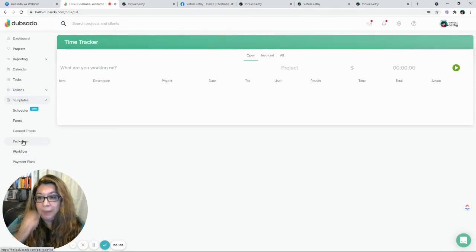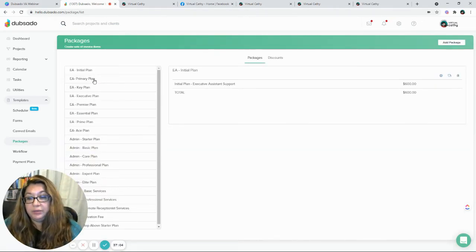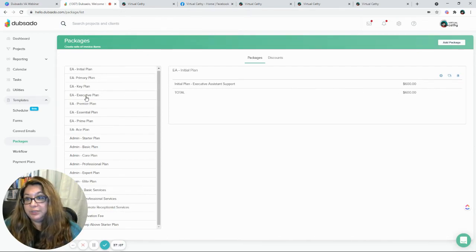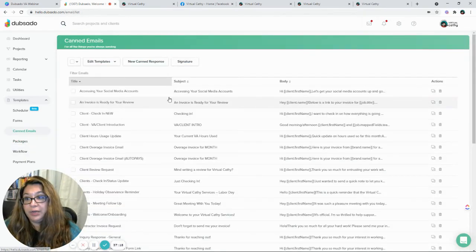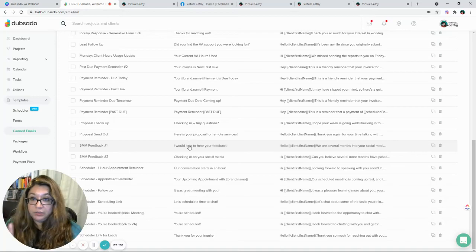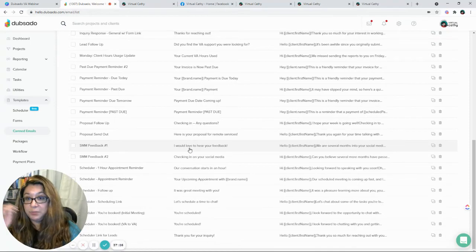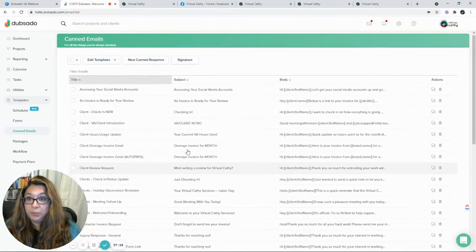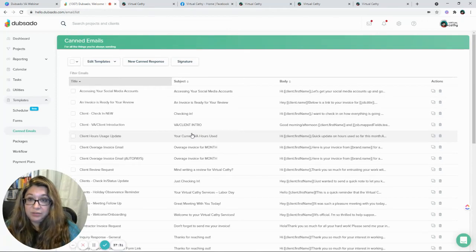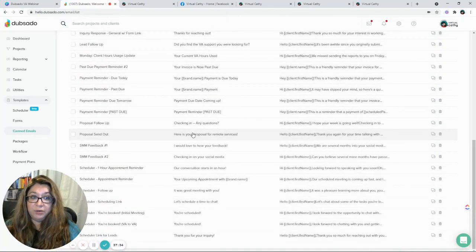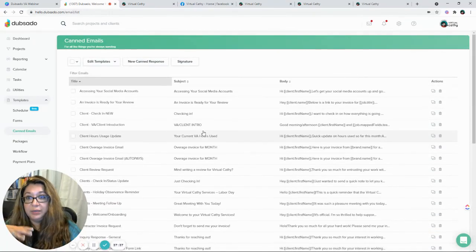Okay, so a couple more things that I wanted to point out are packages. You can create a package which is easily applied to invoices, or you can set it up to where it is reflecting in a proposal. Then you can also create all of these canned emails. Also wanted to mention these canned emails, half of them are actually templates from Dubsado that I've just tweaked a little bit, because again, why reinvent the wheel when you have something already solid in what you want to send